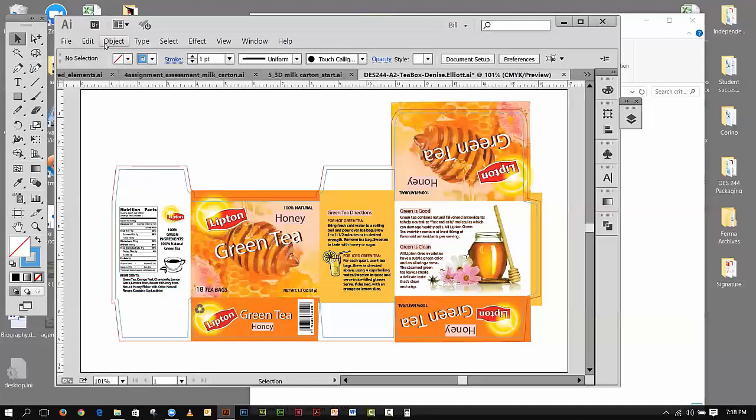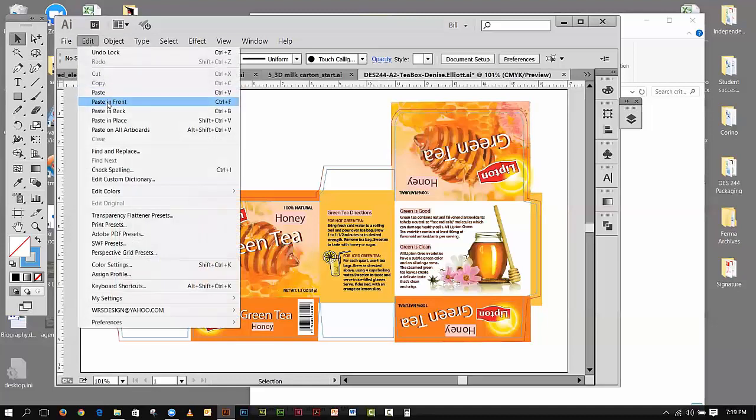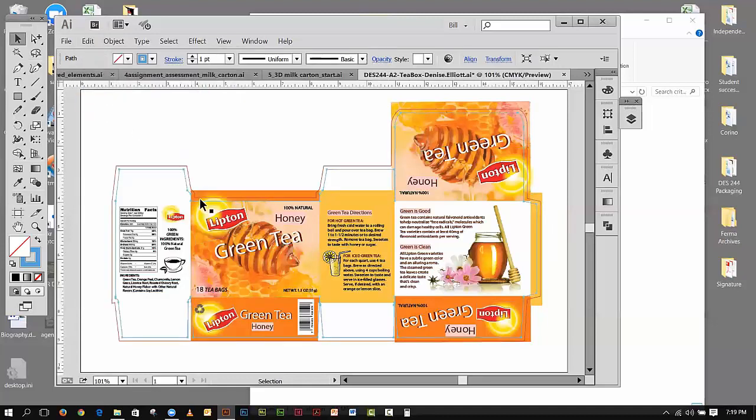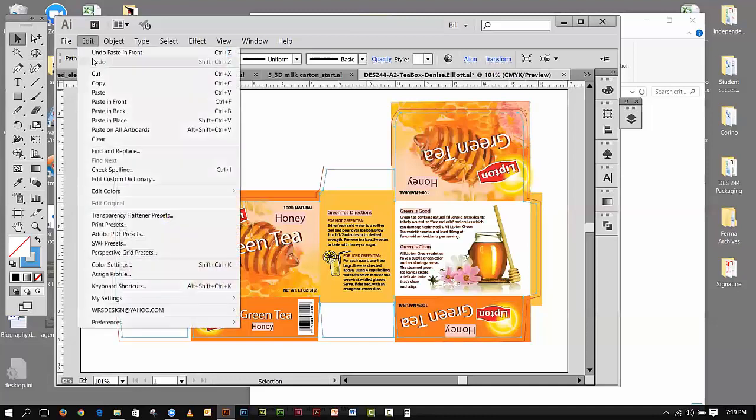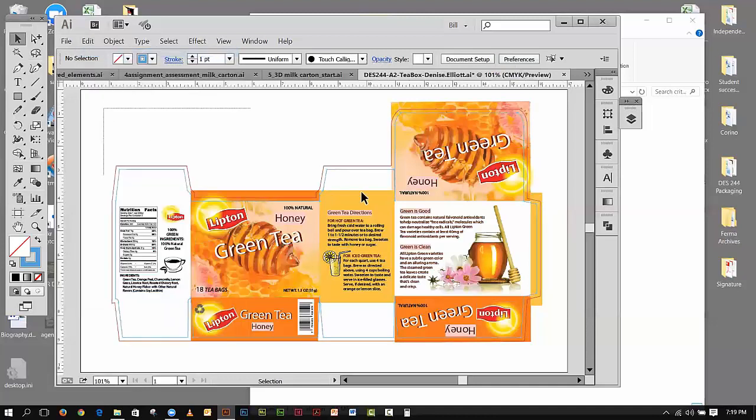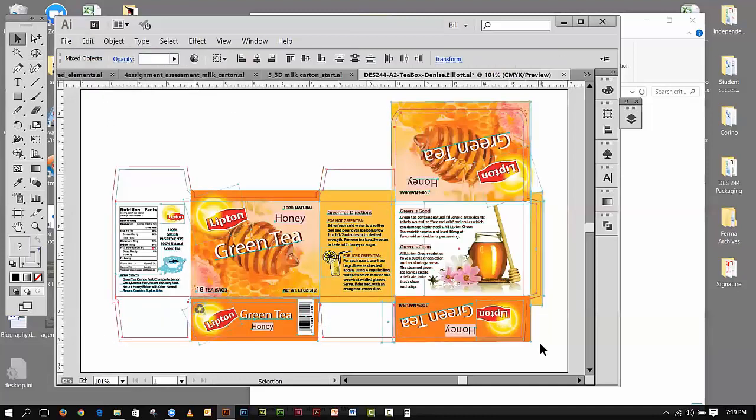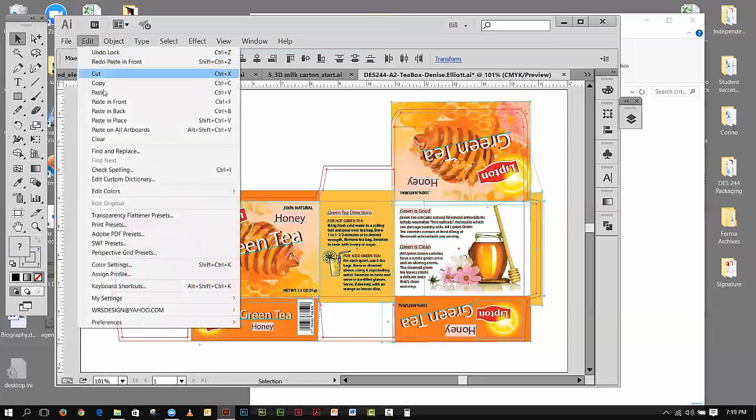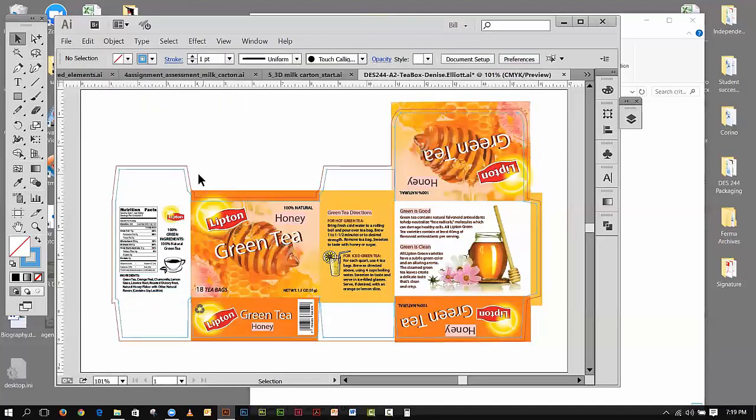So I'm going to go Edit, Paste in Front, and now I've pasted that. Actually, Edit, Undo. I need to select everything first. There we go. And now go Edit, Paste in Front. Okay, so what I did was I placed a copy of that die line, which is the blue line, in